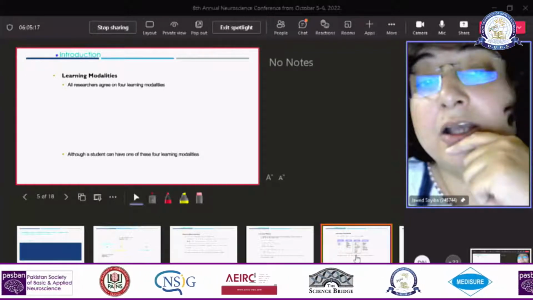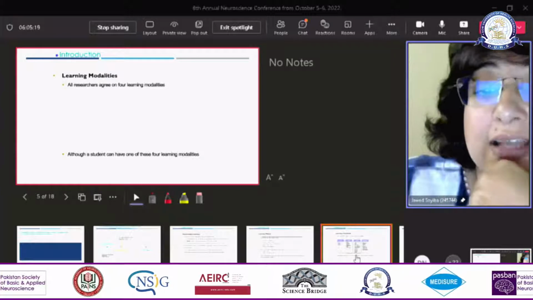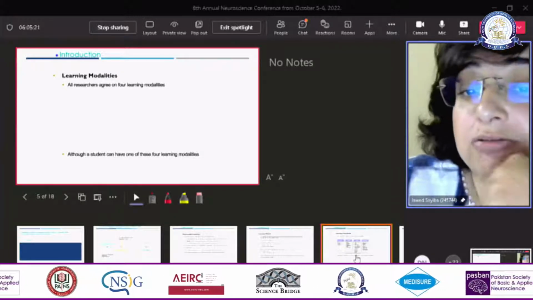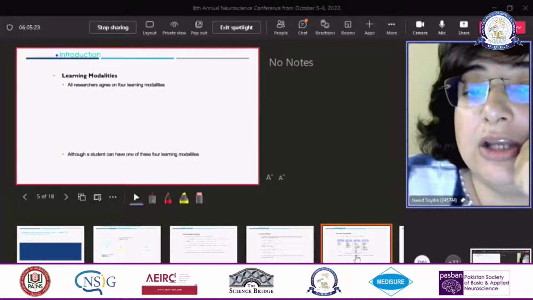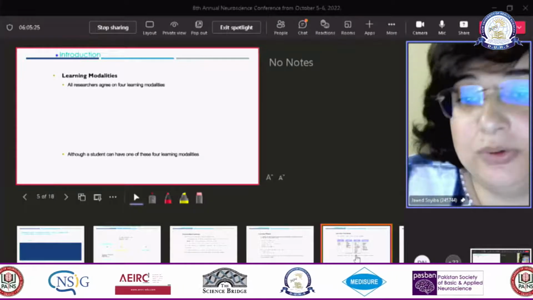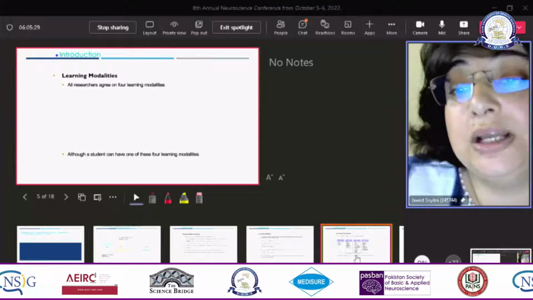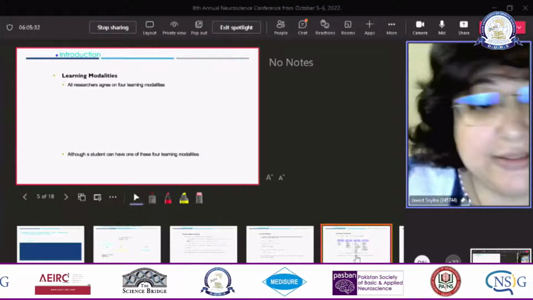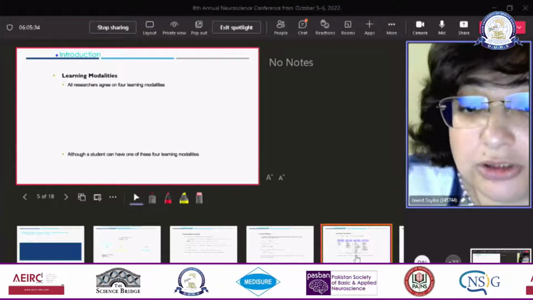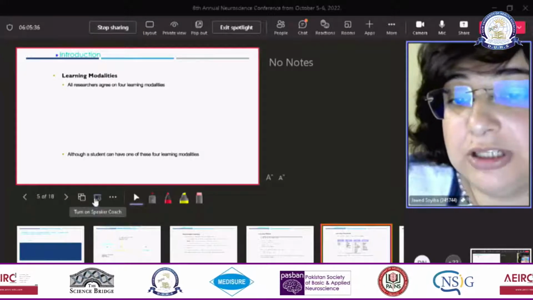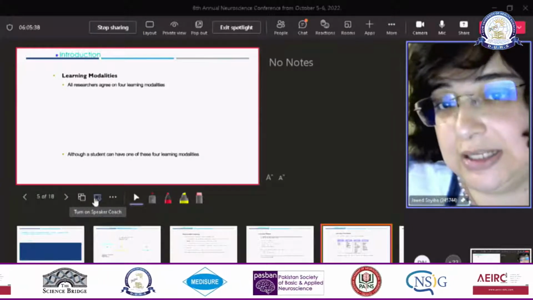If you're a visual learner, you learn through seeing things, watching videos or visuals. If you're an auditory learner, you learn by hearing things. And if you're a tactile or kinesthetic learner, you learn when you do things, you perform things using your hands. So although a student can have one of these 4 learning modalities,